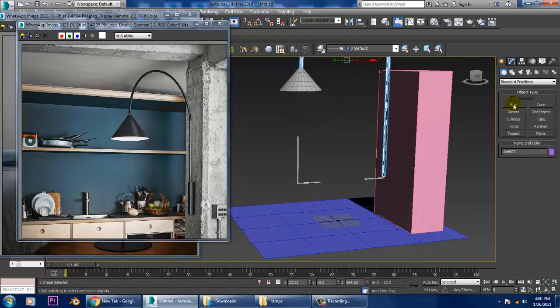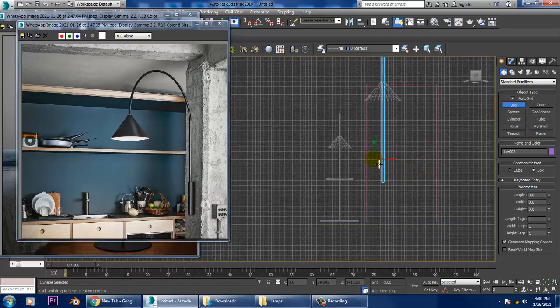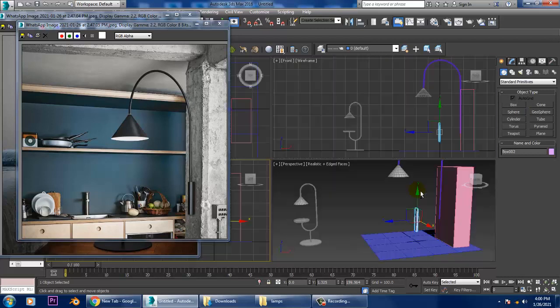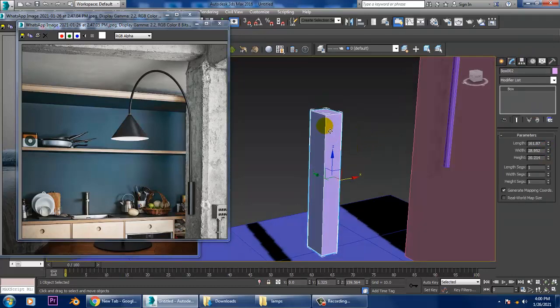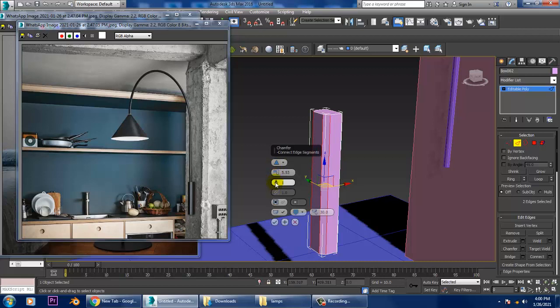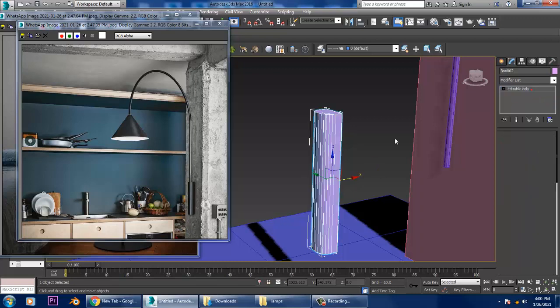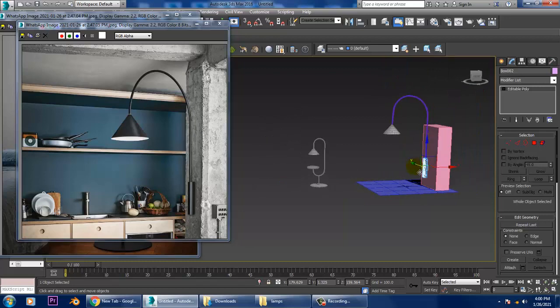Let's take a box over here. Let's increase its height, convert to poly, select the edges, let's give a chamfer and click OK.